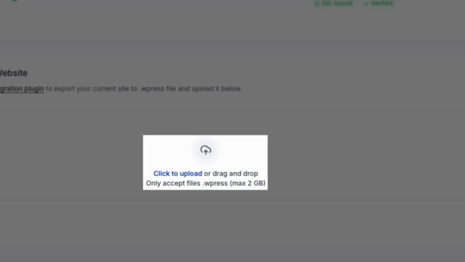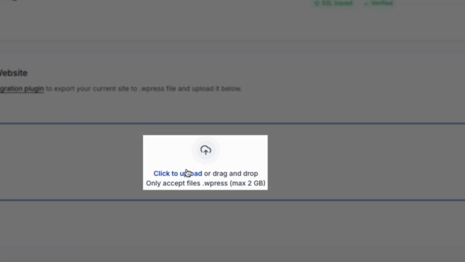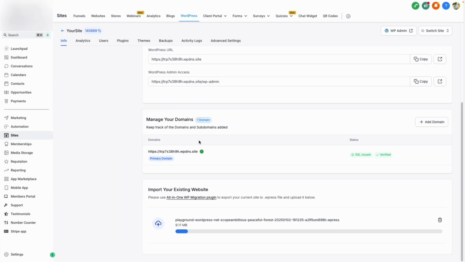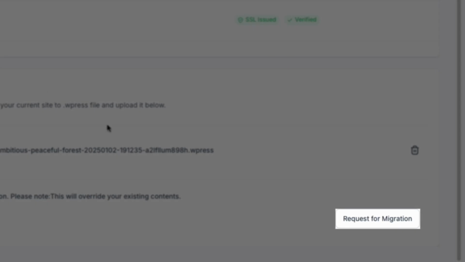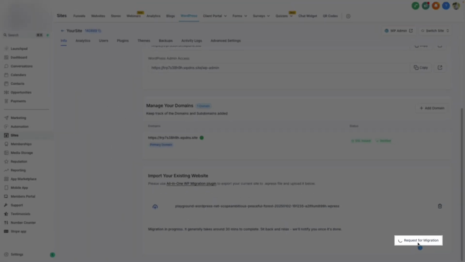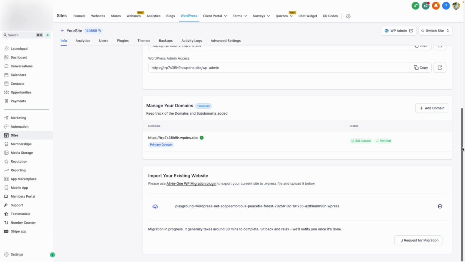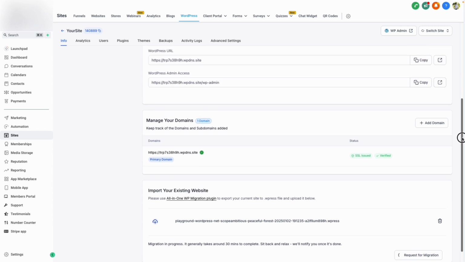Back in the software, we can then upload our .wpress file by clicking here, selecting our file, and then our website will begin to upload into the system. From here, then click Request for Migration, and the migration of the website will begin momentarily. And just like that, once your migration has been completed, your existing WordPress site will have been imported into the